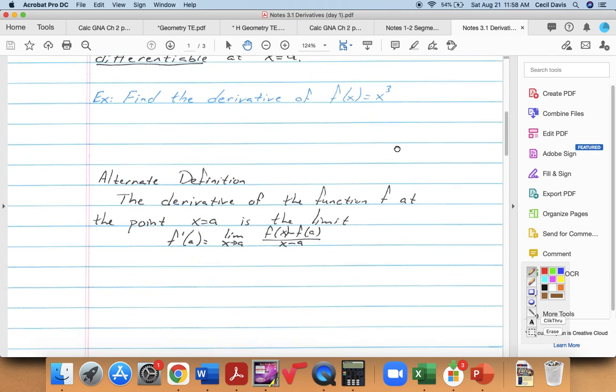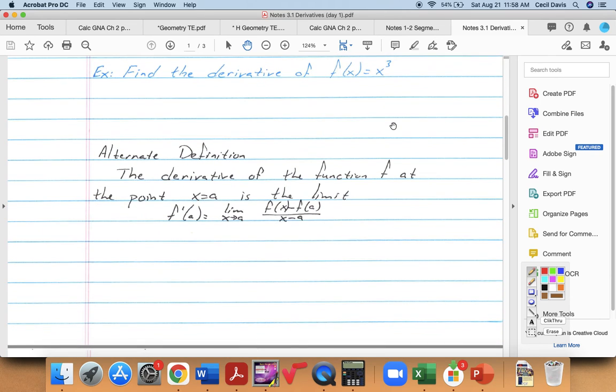So let's find the derivative of f of x equals x cubed. Okay, you may have already learned this rule in your AP Physics class. We're going to show why this works. So f prime of x